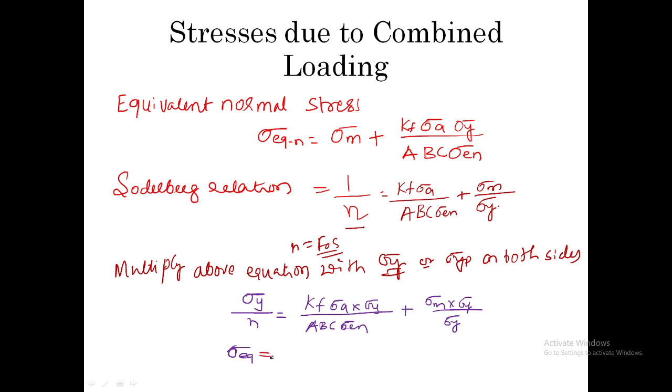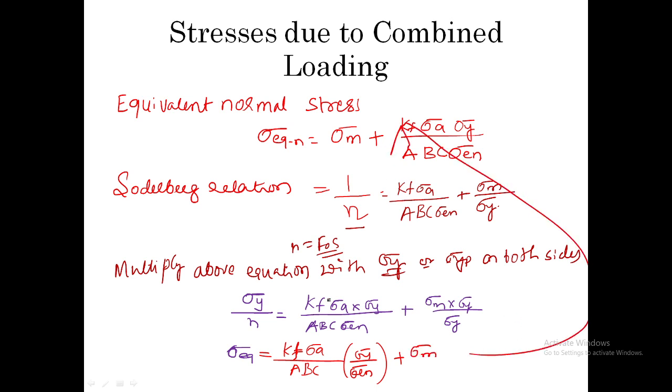So this is equal to kf into sigma a divided by ABC, right, plus sigma y by sigma en, right, plus sigma m. So now this equation has been rewritten here. You got the equation with the equivalent normal stress and equivalent shear stress. So similarly, the equivalent shear stress,